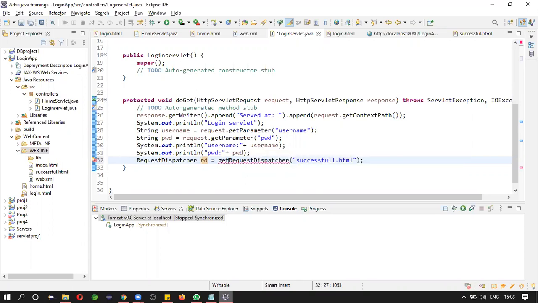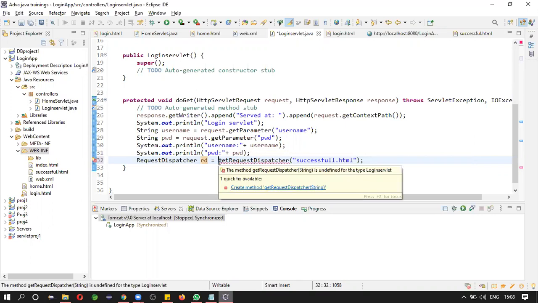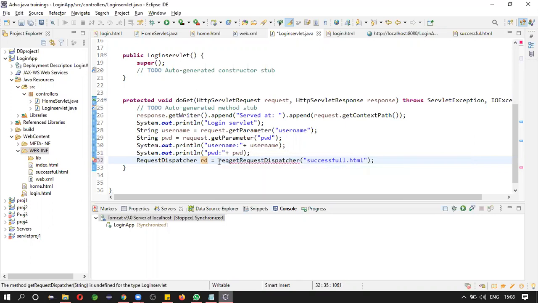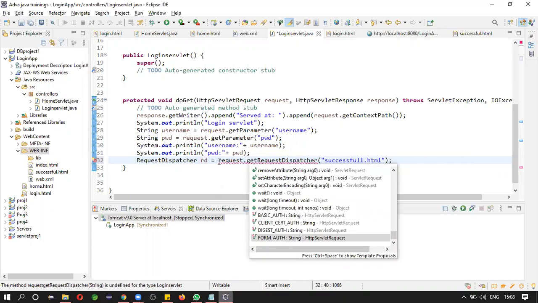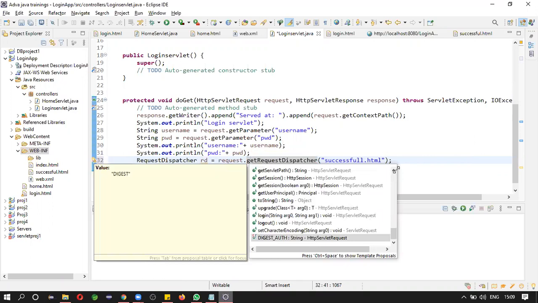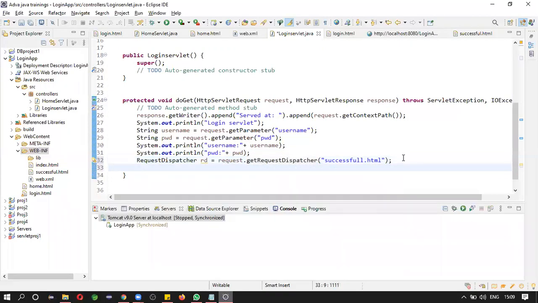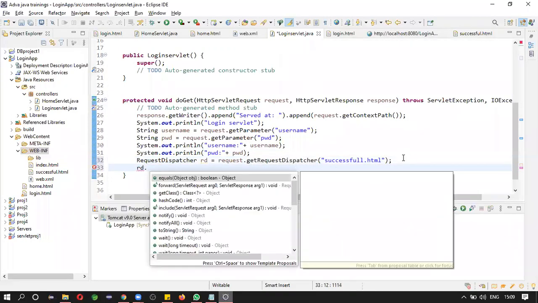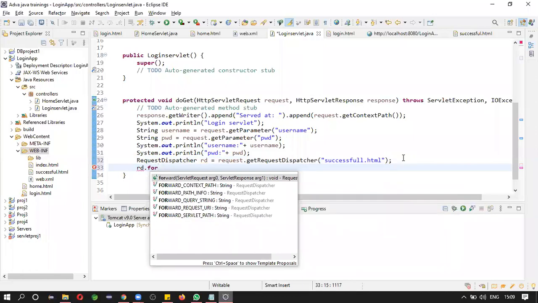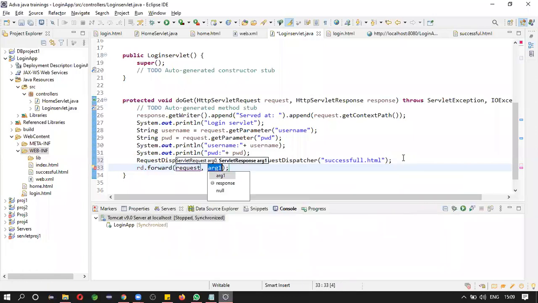You cannot call it directly like this, right? In order to create the dispatcher object, you need to have a request object first of all. Then rd dot forward. Forward what? The request along with the response.